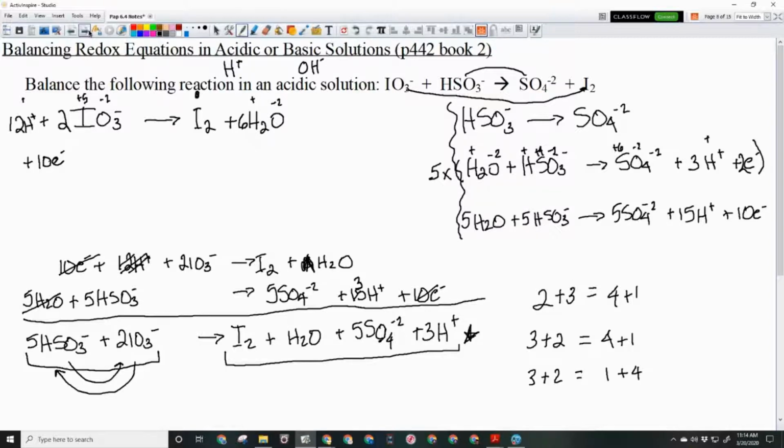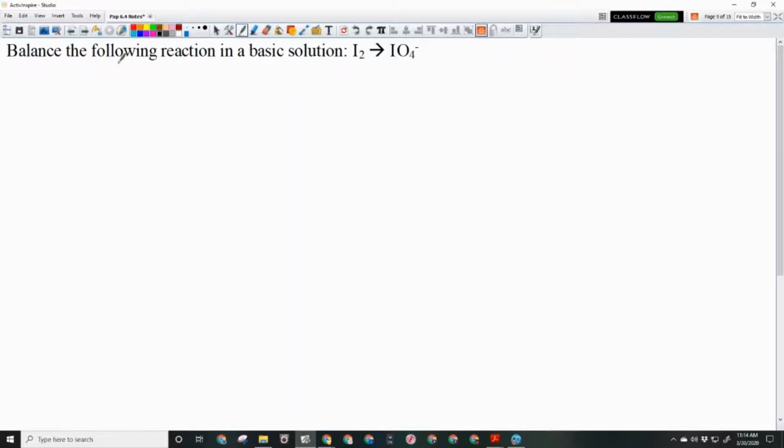All right. The next example is balancing a reaction in a basic solution. So here we're just looking at balancing it in a basic solution. So remember, basic means OH negative. All right, so here we just have a half reaction. We don't have other things that we have to deal with. So we have I2 yields